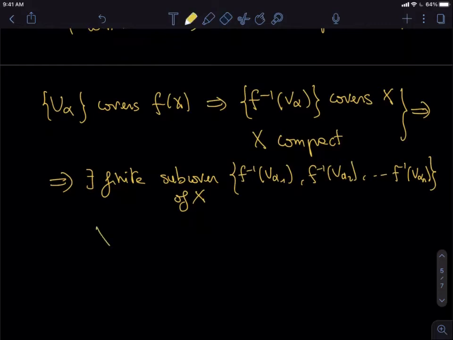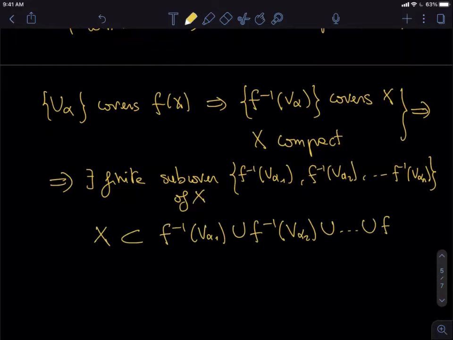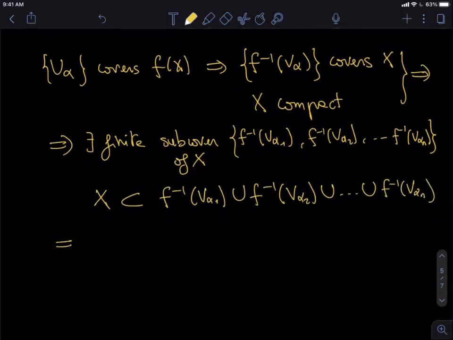That means X is contained in the union of these open sets that are the inverse images of V alpha 1, V alpha 2, and so on. But then that means that f of X is contained in f of the union,